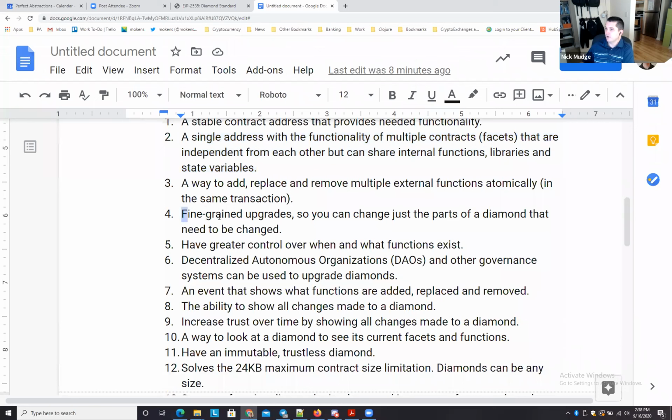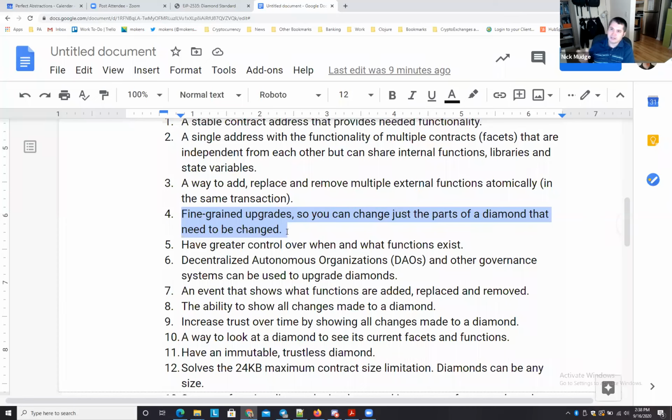Okay, good. So a question might be asked, well, why would you want to have a diamond that can use multiple contracts? Why not just use one contract for its implementation, like a regular proxy that just uses one implementation contract? Why use multiple? So there's different reasons that you might want to do this. One reason is for fine-grained upgrades, which means that if you have a diamond and it provides some functionality and you realize that you want to change something in the contract, you want to upgrade it,